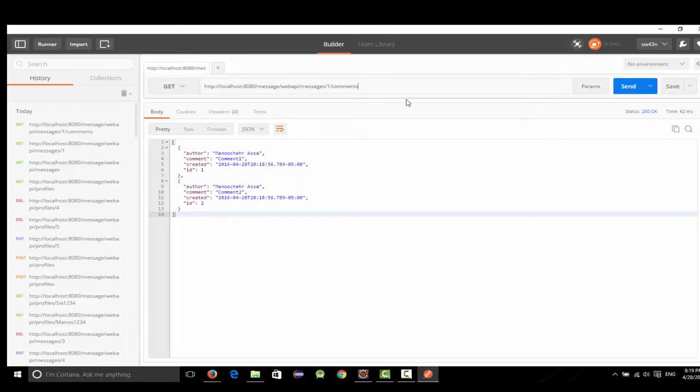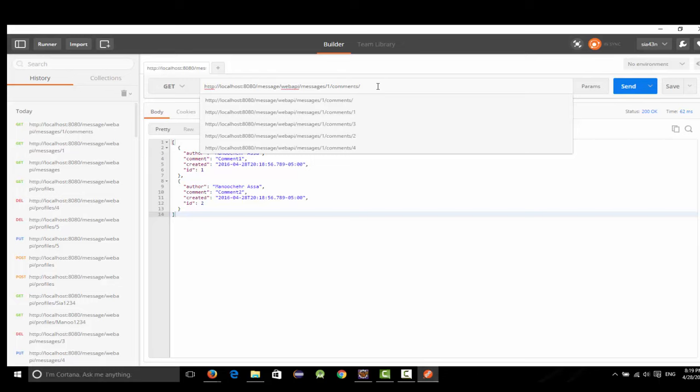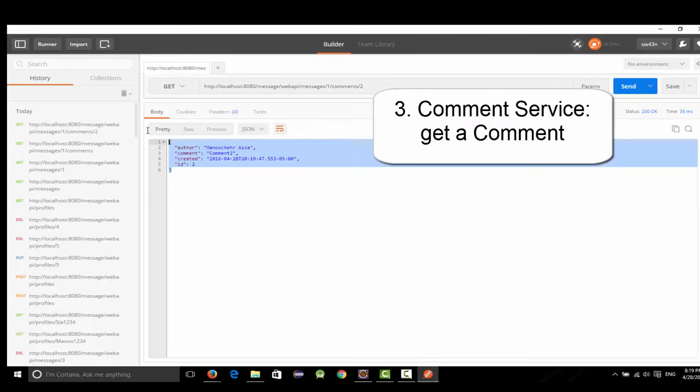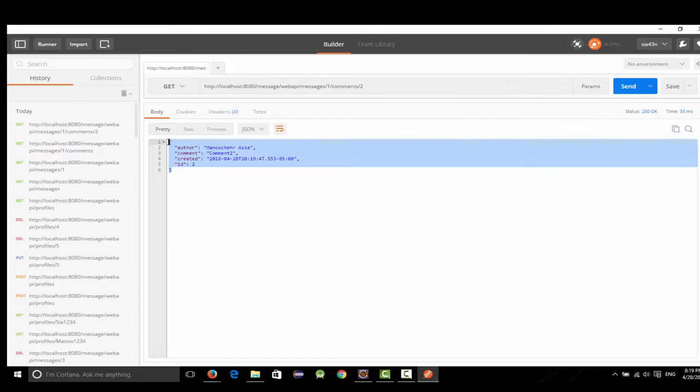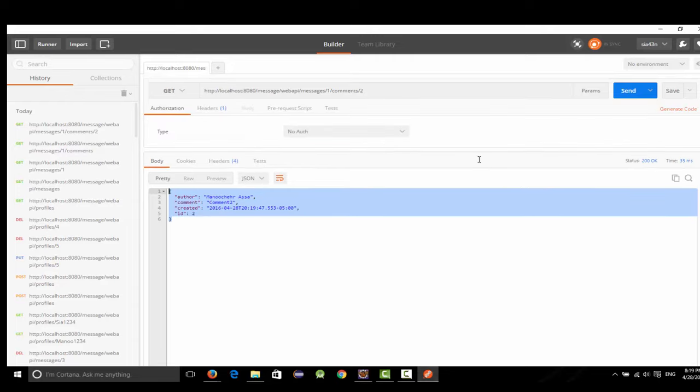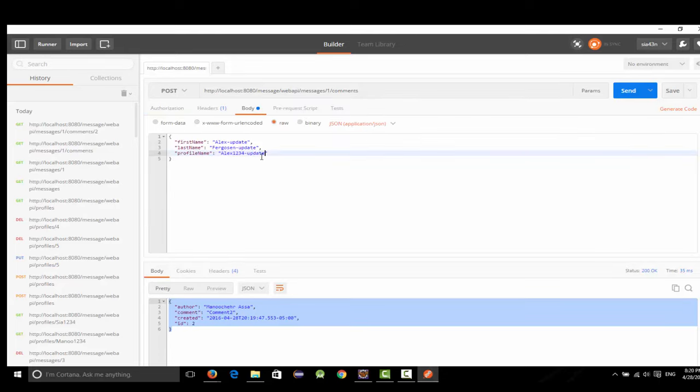So we want to add a new comment basically. Before that, for example, if you want to query for a specific comment, we just mention the ID, for example ID number 2. It will show you the detail of each comment. All right. So when we want to add a new one, we copied that. We are going to post in the body section. So we want to add a new comment, which has my name and